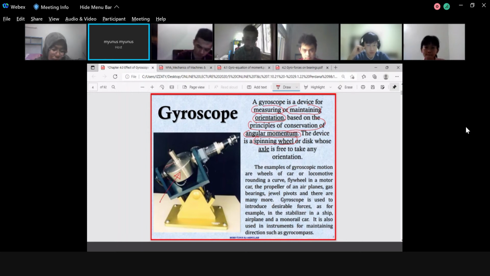This, or perhaps if it's not a wheel, it will be a rotor, for example, whose axle is free to rotate in any direction. Look at here. This one is a shaft, isn't it? So this wheel or this rotor will be held by this one. We might call this one a bearing, or bracket, or pin, most likely a bearing.